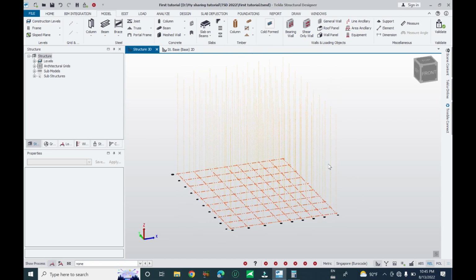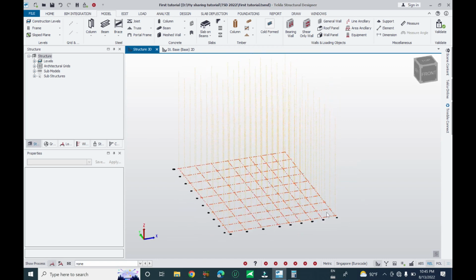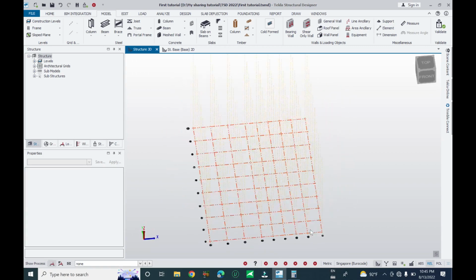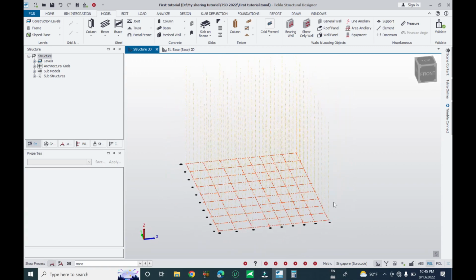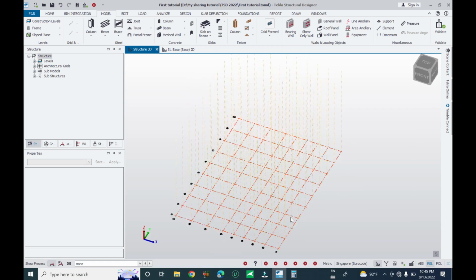I show you step by step and very detail how you can create grid, how you can change the grid label, how you can show the view